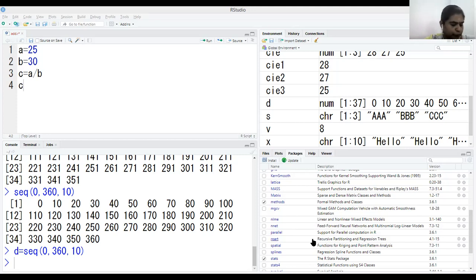Will do. Fine. Shall we go for the poll question, or do you want to take 2 minutes to practice all the commands? Can I post the poll question? Yes, ma'am.